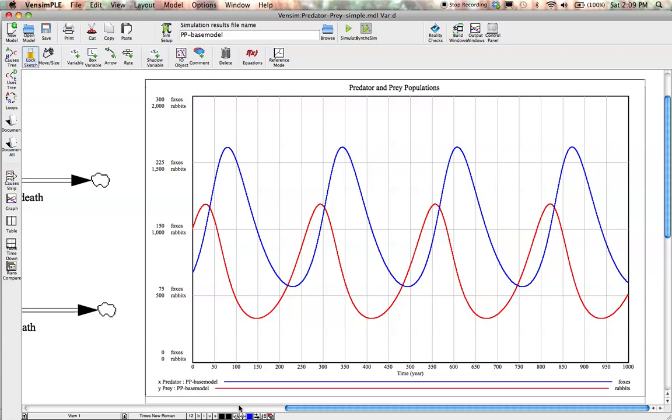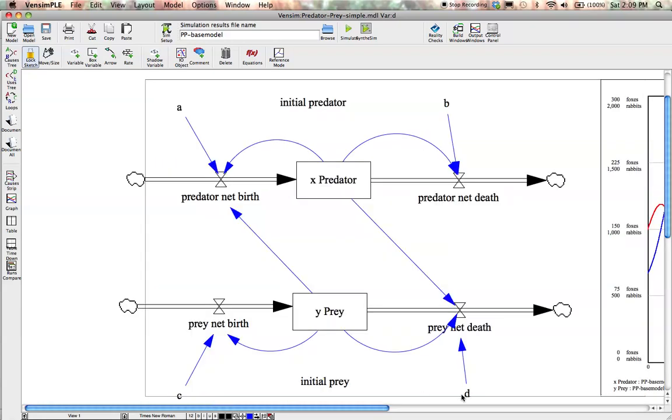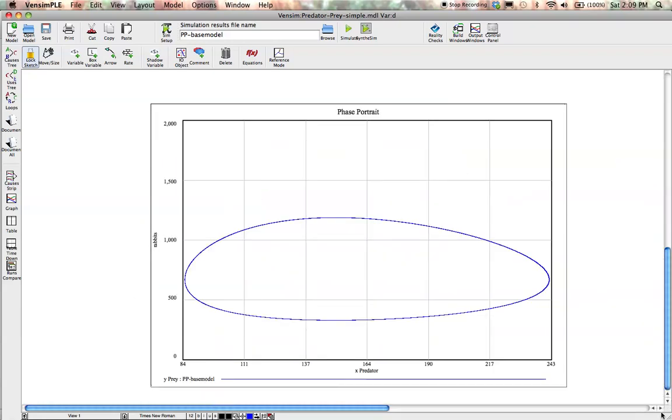Now, another plot that can be generated is the one I have here in the bottom, and I thought I'd show this. This is what's referred to as a phase portrait, and you can generate this plot by simply not plotting rabbits and foxes over time, but plotting rabbits and foxes together in the same plot. And what you get is this